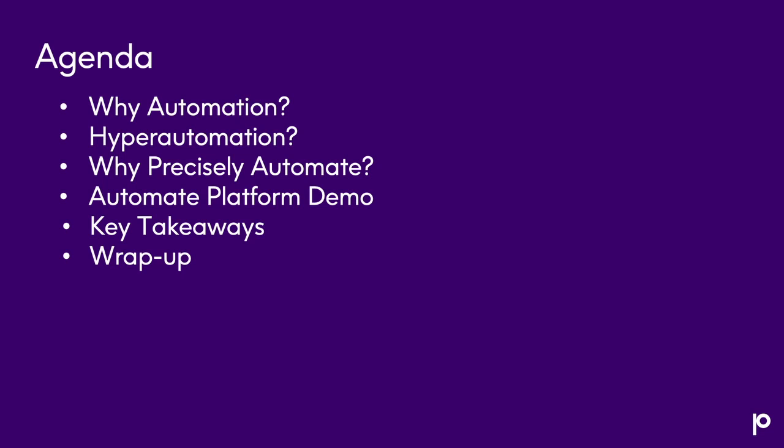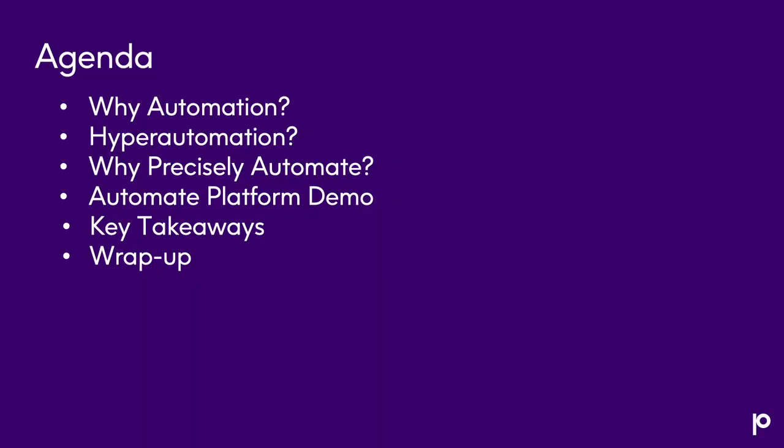We're going to go through the definition of hyperautomation. And we're going to talk about some of the success we're seeing from customers adopting the principles of hyperautomation in their business. So you get a better sense for what we mean when we talk about hyperautomation and why it's important across your entire enterprise. Now, once we're through that, then we're going to talk specifically about the Precisely Automate platform and why we believe that it is really the core platform for your hyperautomation strategy and what we can do for you. What is it? What does it include? And again, why is it important?